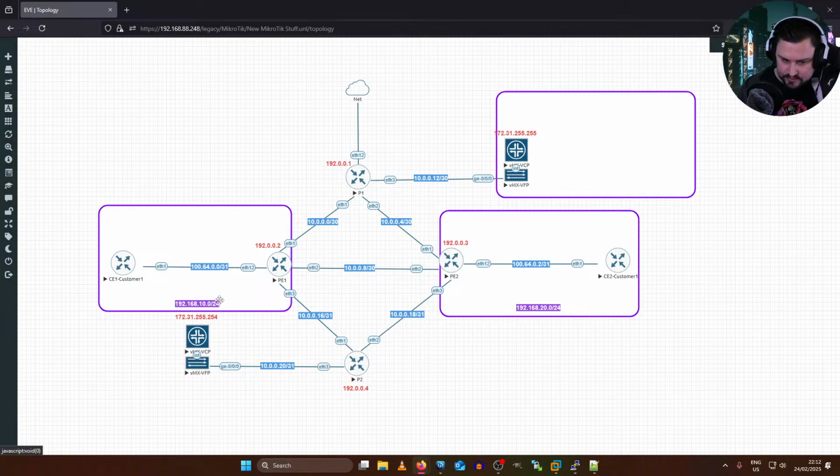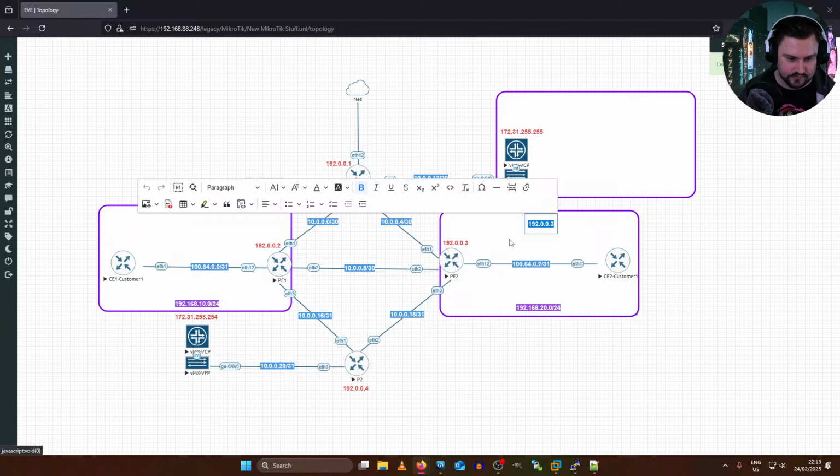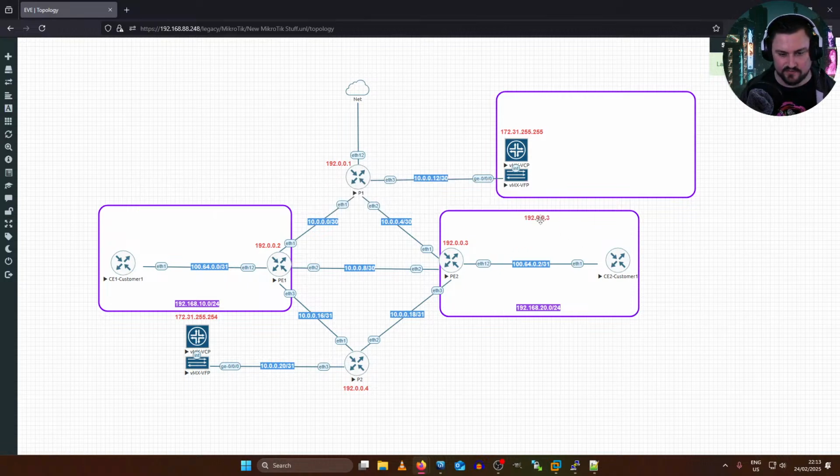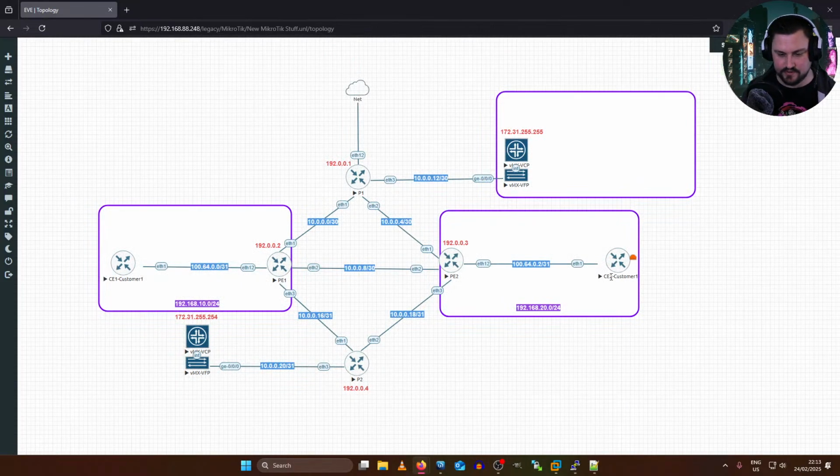So what I can do is just name this something, well, the name isn't that important, but I'm just going to create a name as well because it looks nicer. No, I'm not going to do that. It already illustrates where site 1 and site 2 are and all that stuff.